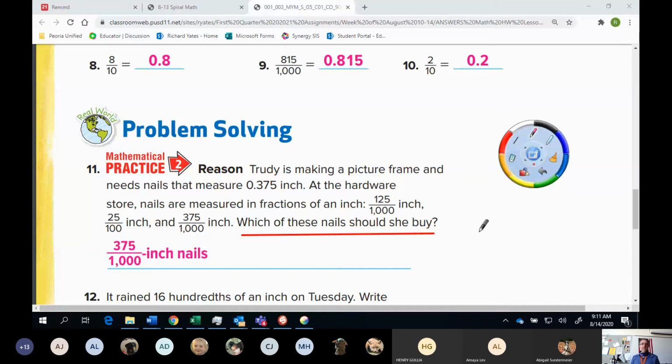Ariana, do you want to tell me your answer sentence out loud? Hold that thought, Ariana. I'm going to read the question, then give me the answer